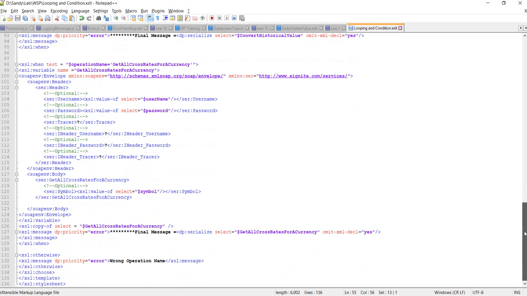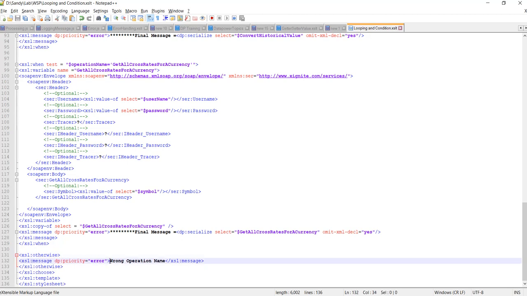After that we just print the request message to make sure the message is constructed well. And if none of the conditions match, we use the otherwise tag. You can print anything here.